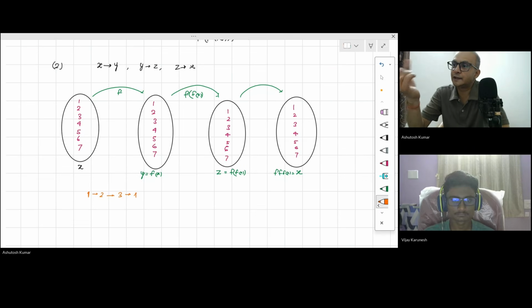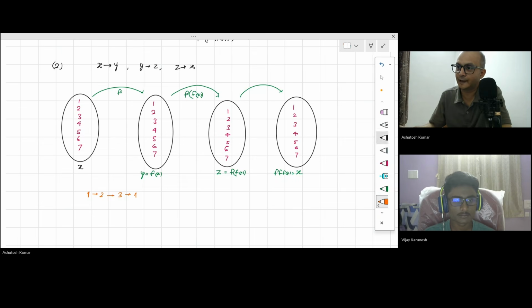We must choose 3 elements at one time which can follow this pattern. Either you choose 1, 2, 3, the rest cannot map to them, sir. Yes, very good, exactly, excellent. It means the other 4 should map to themselves. Exactly, that is what I wanted to convey. So then what do you? Yes, we can take 2 pairs of 3 and 1 it will be mapped. Very good. Now you understood the point.